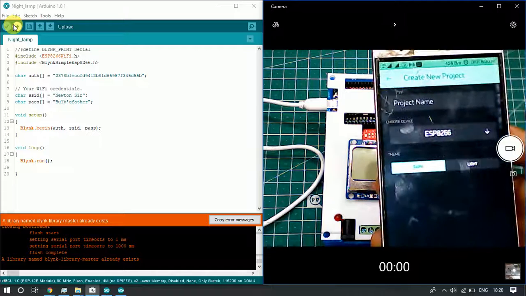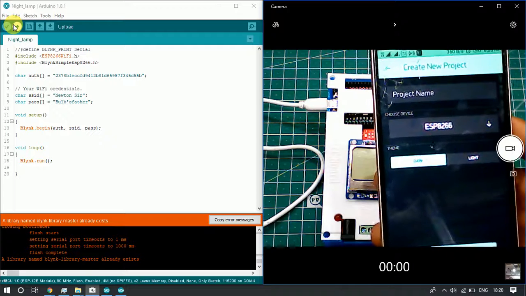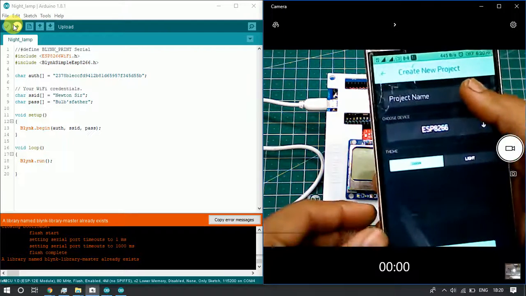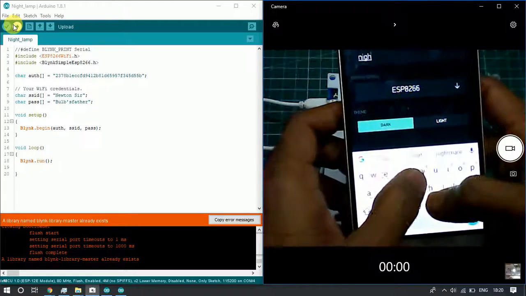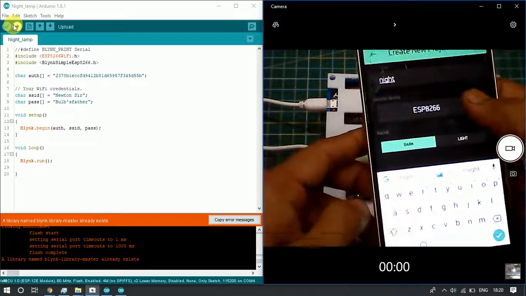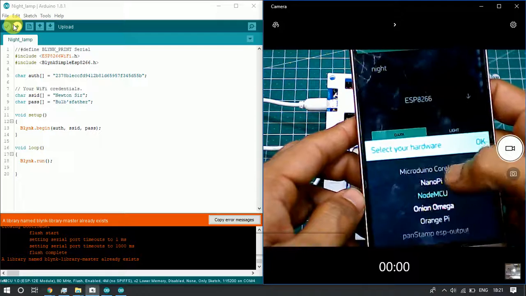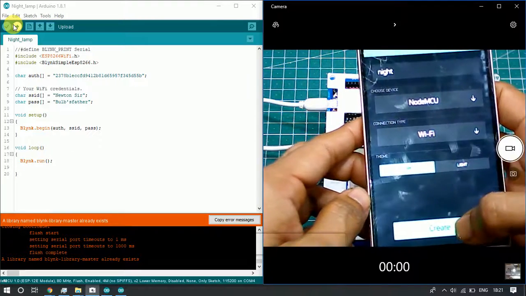After opening the application, we have created a new project. We will give a name to the project. The board is NodeMCU. We will click on create.